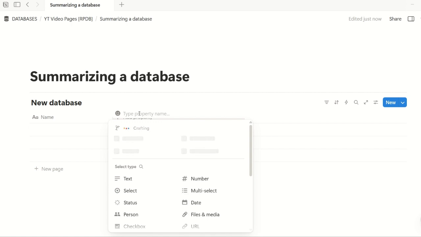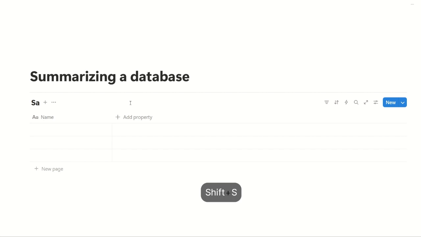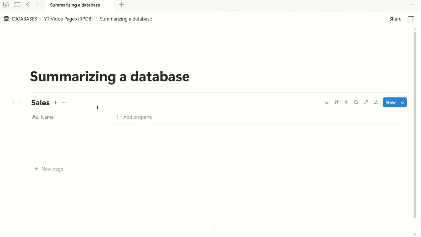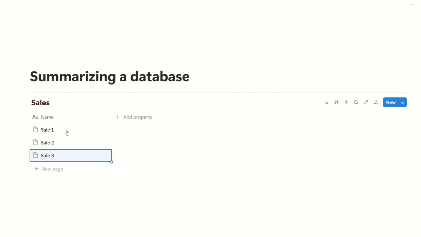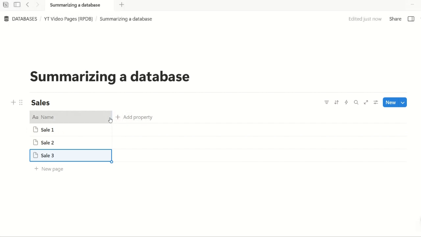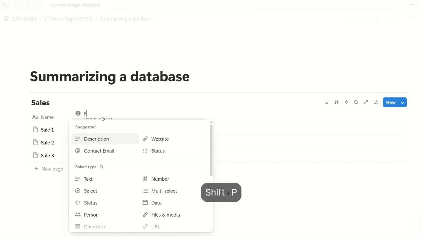Say we are adding, let's call this database sales. And each one of these can be called sale 1, sale 2, and sale 3. So we are having a property called, add a property called price or sale amount. So that is a number property,